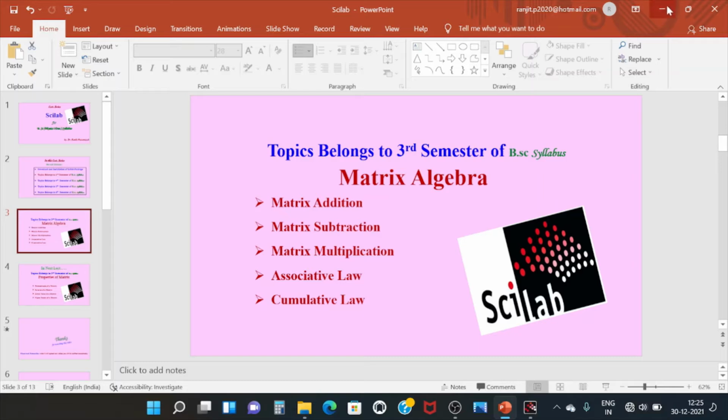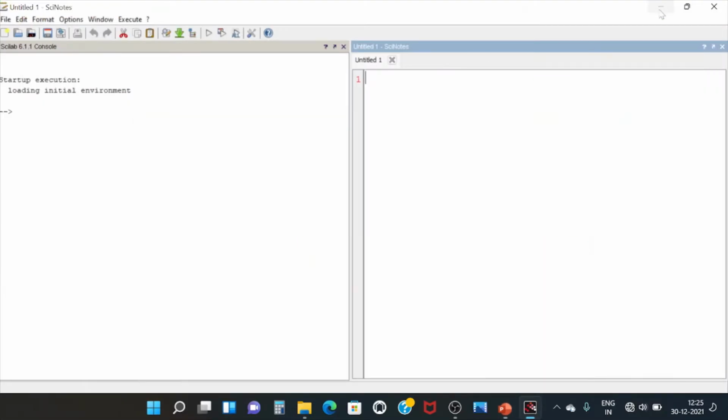For that we have to first define the matrix. To define the matrix, I have to write the code A equal to. We know that a matrix has rows and columns.